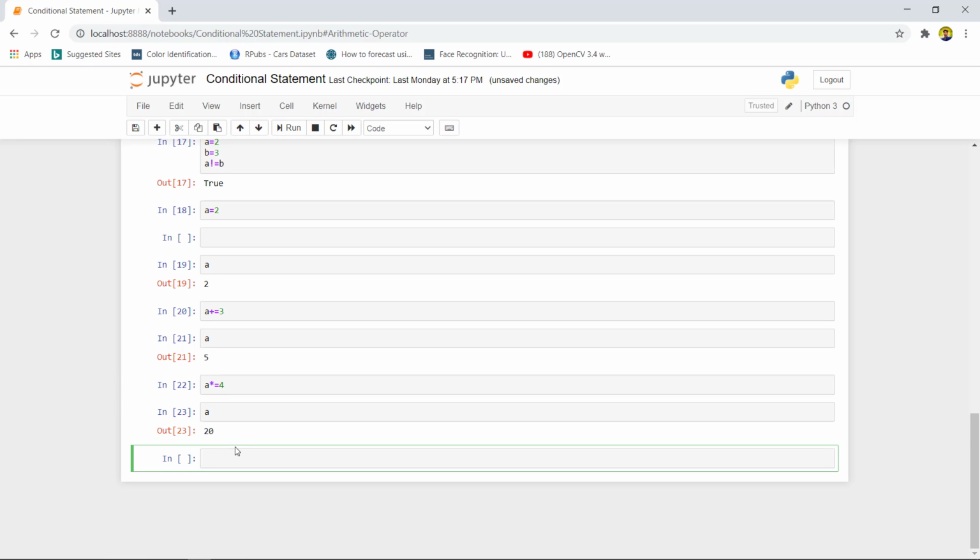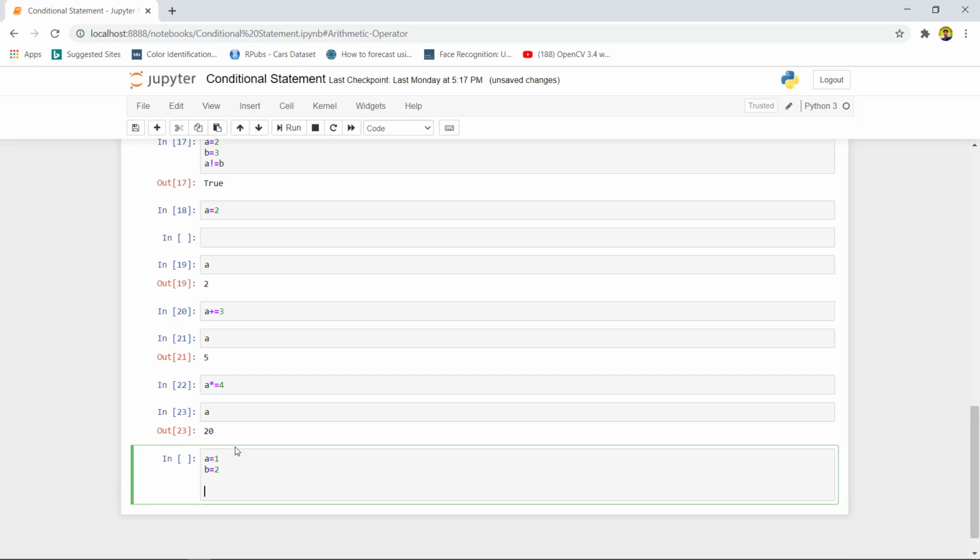Now moving towards another operator called the logical operator. Logical operators are like boolean ones: or, not, and. So if there are two statements a equals 1 and b equals 2, we have assigned two different variables. Now if we check two different operations like 1 less than 2, you can see this statement is true.